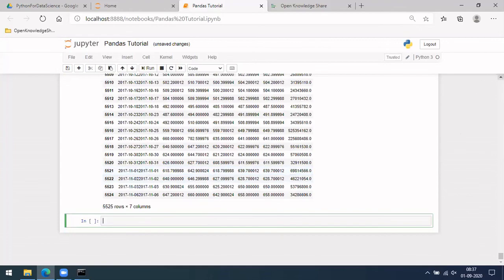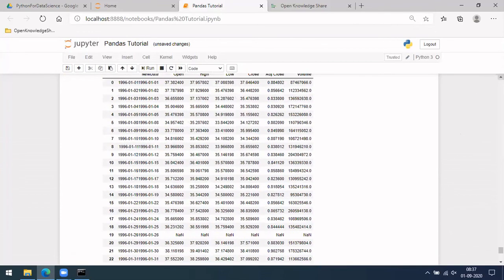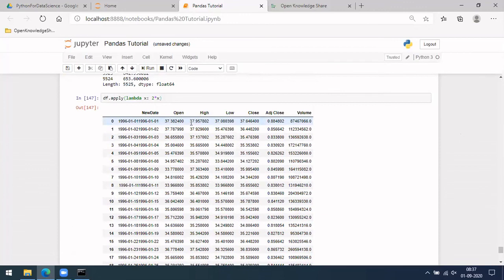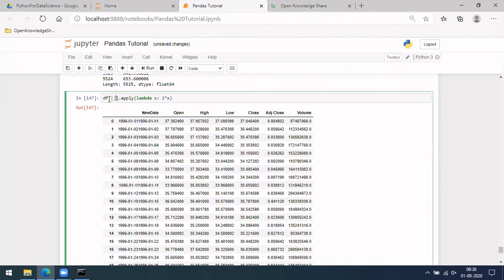If you see, every column in the data frame has been multiplied by 2. Crazily, this column has also been repeated twice. We have to rectify that by making it the index and then using it, or maybe use only those particular columns, whatever you want to do.